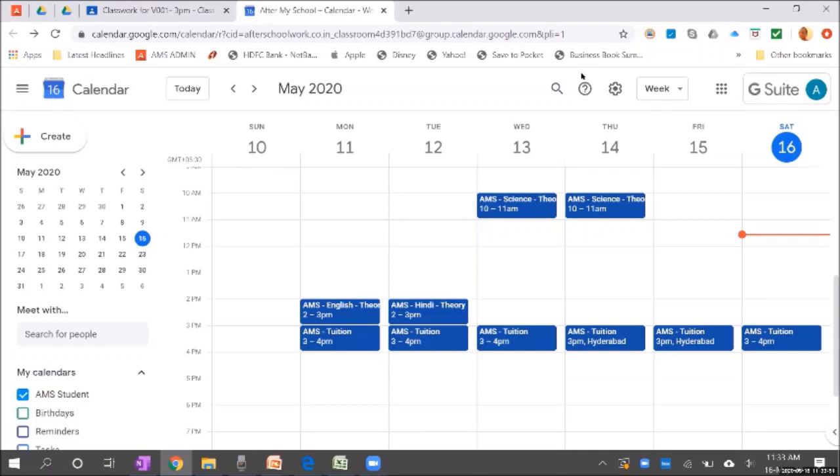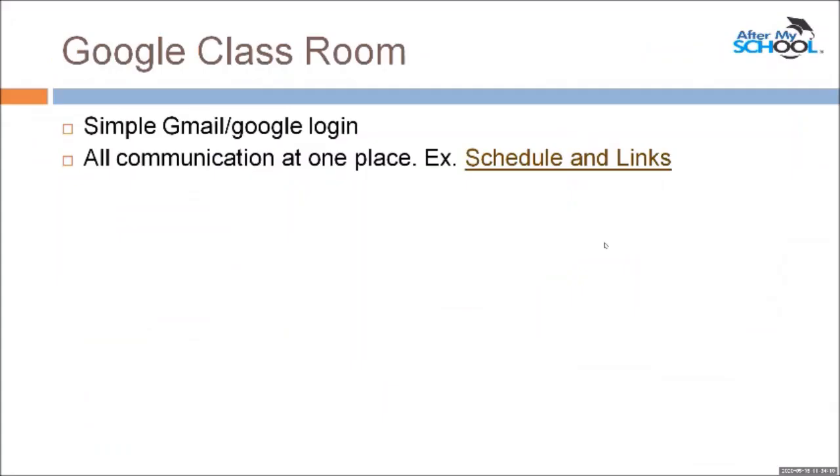They keep coming. Whenever something changes, a notification comes on the mobile phone. So Google is pretty good at continuously reminding us. A reminder or notification can also come for any change in the calendar. So that is one very handy feature in Google Classroom. The schedules and the links of the classes will be automatically available in the Google Classroom platform.